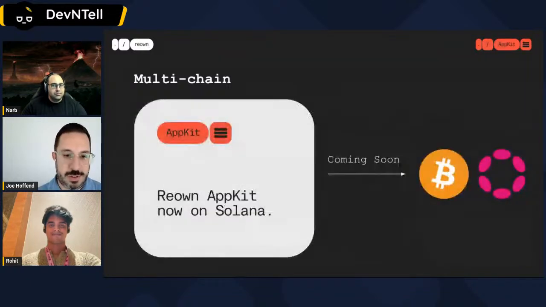And so Solana was announced today at Breakpoint, and coming soon, Bitcoin and Polkadot as well. So Bitcoin obviously has been catching quite a DeFi narrative lately. There's a lot more smart contract options on Bitcoin now that are being built out. So we've had requests for Bitcoin, and then Polkadot as well. There's a number of builders out there who need some kind of a solution here to get their users connected. So super excited about that and the other chains we're going to add over time as well.